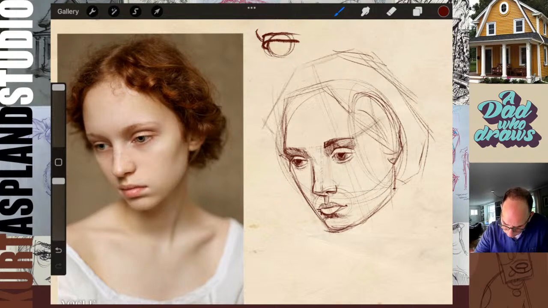Just going in with a little bit more shadow here. And then she has shadow under her nose I want to definitely capture. I want to be careful here.